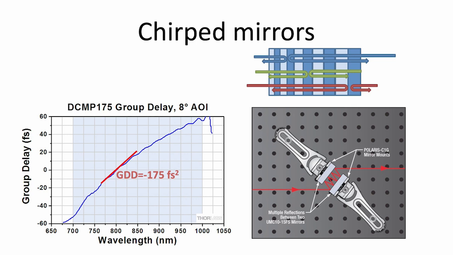So then you have a time delay due to this, and you have here the group delay as a function of wavelength, and the slope of this will give you an idea of the group delay dispersion. In this case, you have minus 175 femtosecond squared. So if you want to compensate for, as I mentioned, a microscope objective, you need about 50 bounces. Those 50 bounces, as you see on the right, are obtained just by bouncing between two mirrors many times, and you control the total amount with the number of bounces. So this is a way to control dispersion without using gratings or prisms.